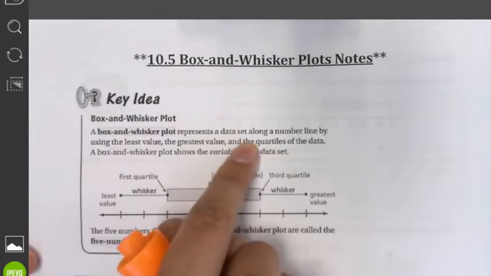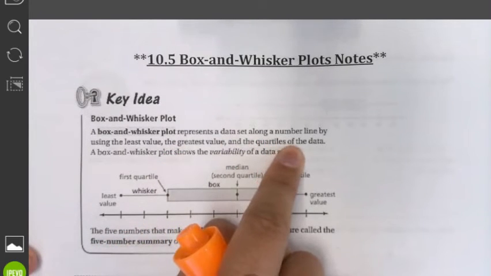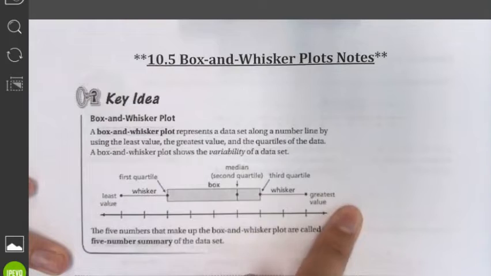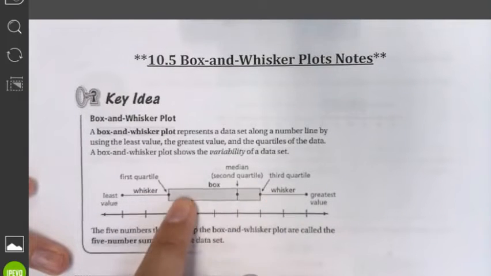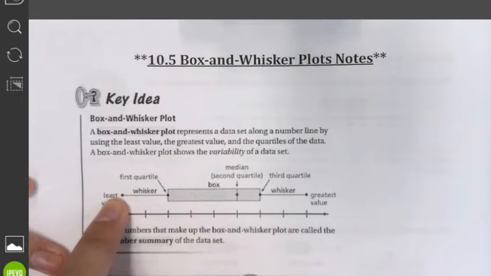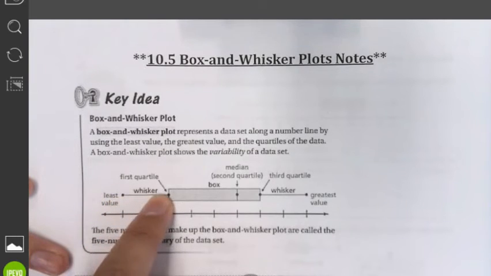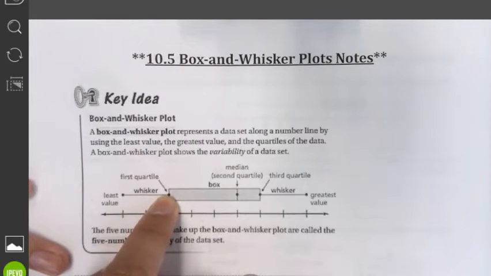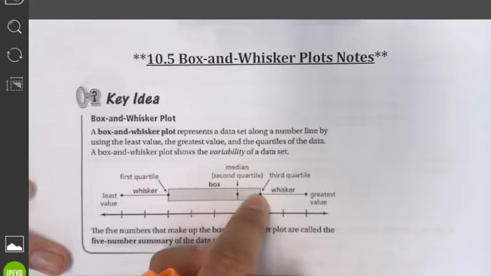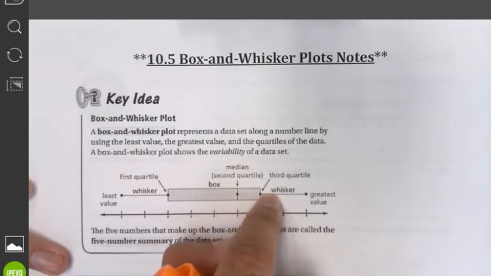So you noticed quartiles. This is going to go back to what we did to find our interquartile range. So this is what a box and whisker plot looks like. You will have two whiskers on the outside and two boxes in the middle. The first whisker goes from the least value to quartile 1. The first box goes from quartile 1 to the median. The second box goes from the median to quartile 3, and the second whisker goes from quartile 3 to the